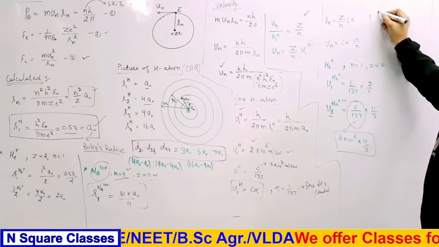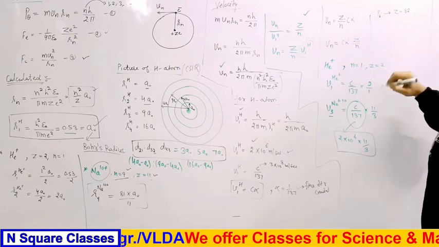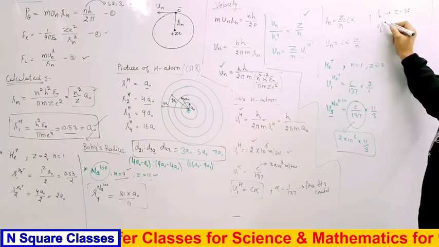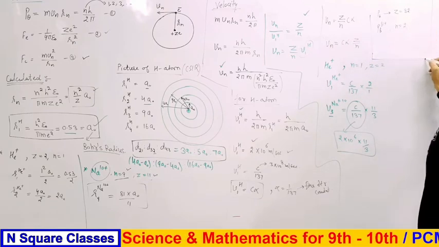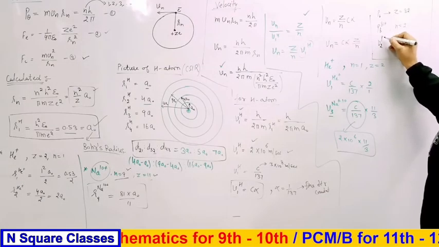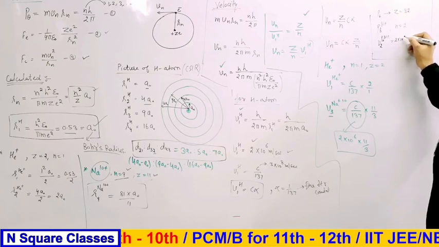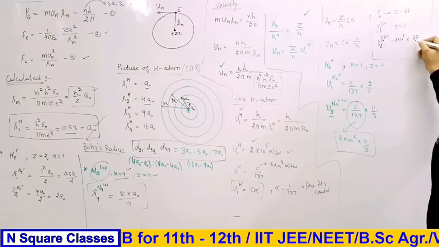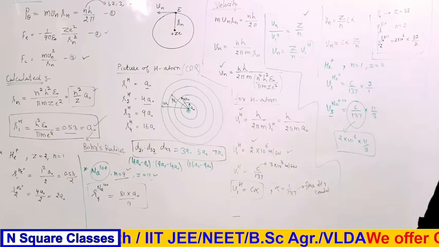Now if we want to calculate for Pb, clear? For Pb, we know that z equals 82. For that, we have to make it hydrogen-like, so we can write Pb 81 positive. Now we want to calculate for n equals 2. Then what is the velocity? This Vn, V2 for Pb 81 positive, equals 2 into 10 raised to power 6 into z by n. What is z? z is 82 by 2. So in this manner we can calculate for any atom.